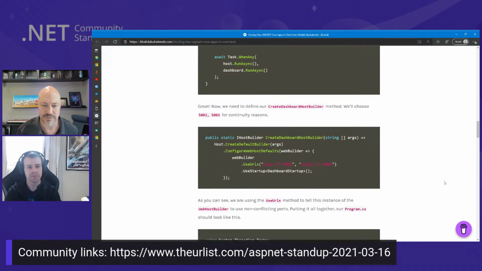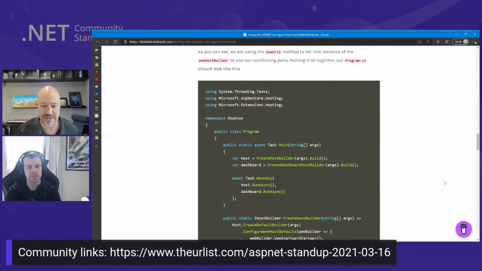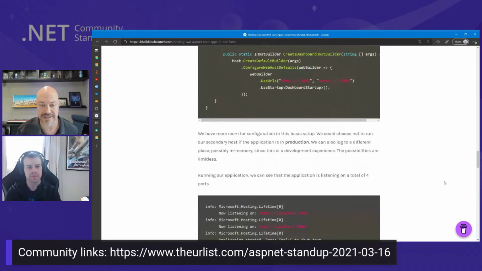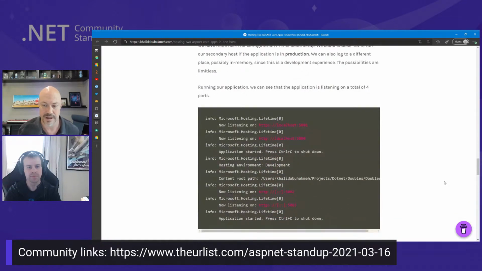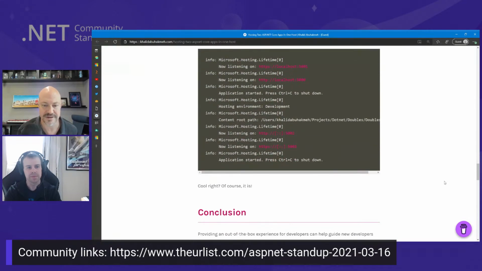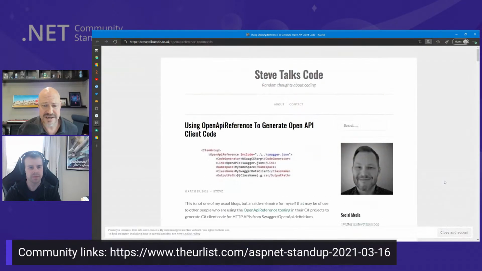So cool. And then once he spins that up and runs it, he's got the app listening on two different ports. So pretty neat. This is kind of building on